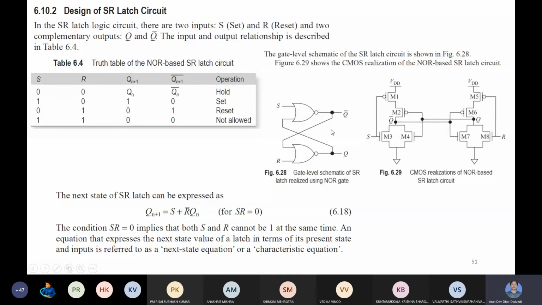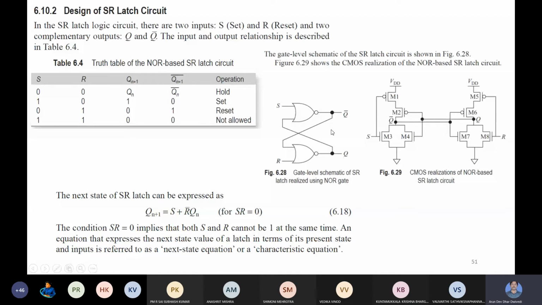considering the output is Q. So we require Q to be given as input, because this Q is going as input here. So similarly from here, Q, we are giving input here also, and the same thing will be given to one PMOS also in the upper side. So one PMOS and one NMOS are getting Q as input. Similarly, this Q bar is also given to this side. Q bar is given to this other NOR gate as input.